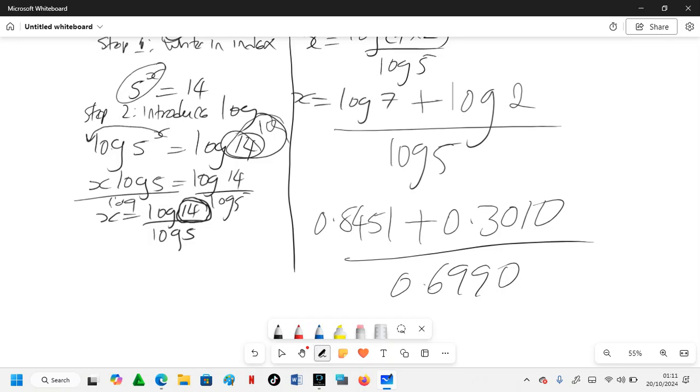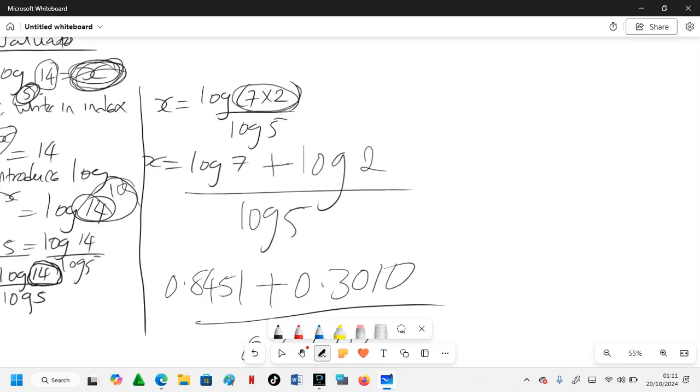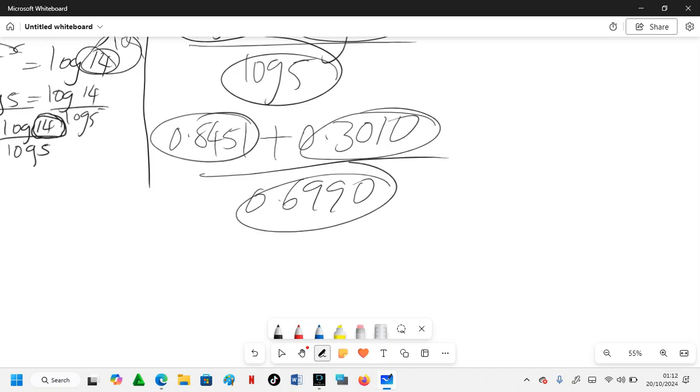so that we have x is log 14 over log 5, and then 14 is just the same as 7 times 2, which is the same as log 7 plus log 2 over log 5, and then we read this and that from the tables, so that our answer is going to be 0.8451 plus 0.3010 divided by 0.6990, so that our answer